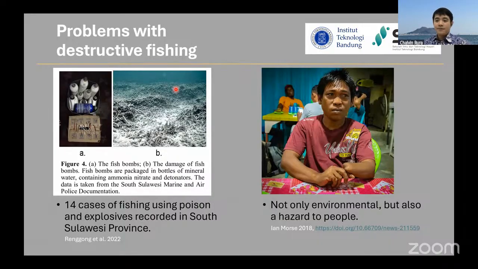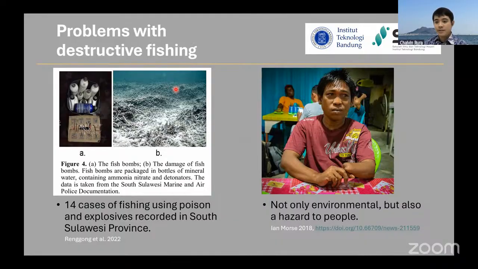Previously in the first part, I mentioned the Bajau people and how they have a sustainable way of fishing. Sadly, in Indonesia, there are still many practices, even until a few years ago, using fish bombs. I'm not sure whether fish bombs and poison are still used in Thailand. But in Indonesia, because it has so many islands and so many people, it's a huge country. We still have a lack of